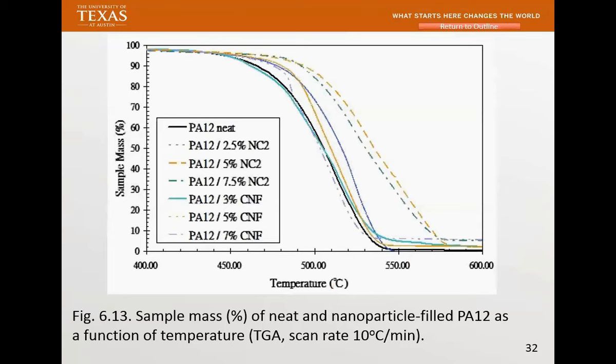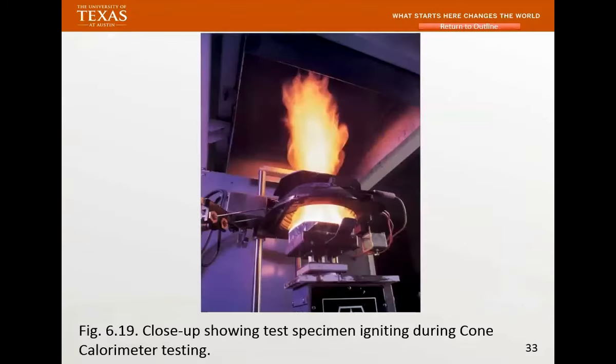A lot of people use TGA data and say, well, it gives you flame property. No, it doesn't. It only gives you thermal stability. And here, what it shows is every one of those is actually thermally stable. Even better, if you look at 90% or 50%, you'll see the decomposition temperature is higher than the neat. But not everyone will behave like that. This is one that we did, with all these nanomaterials in the nylon 12, because nylon 12 is one of the materials we use for selective laser sintering.